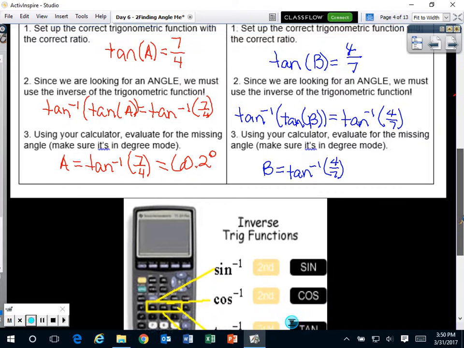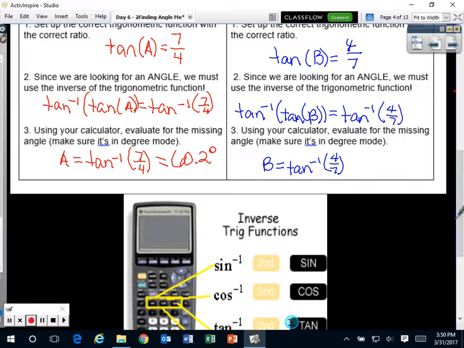All right, so plugging in tangent inverse of 4/7, I get 29.7. Sorry, I rounded wrong. Let me double check myself. Tangent inverse of 4 divided by 7, 29.7. So let me check and see if I rounded wrong on the other one. So tangent inverse of 7/4 for A. Oh, I rounded wrong. On this one, it should be 60.3 when you round, because it was 60.25. So that gives me 60.3,